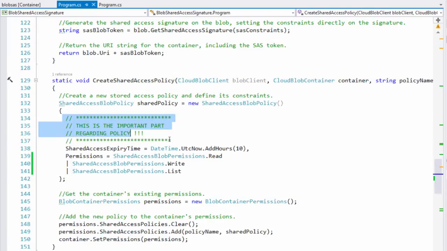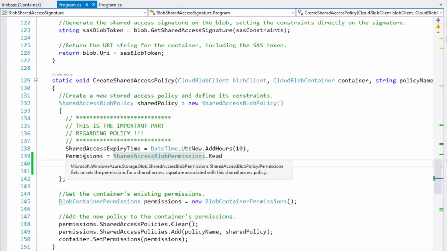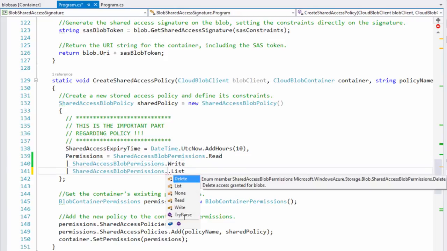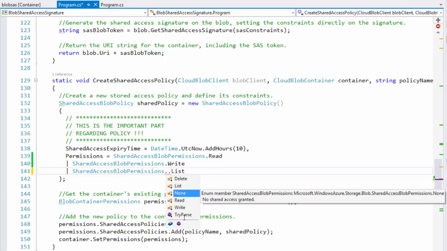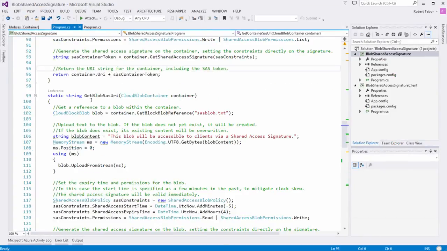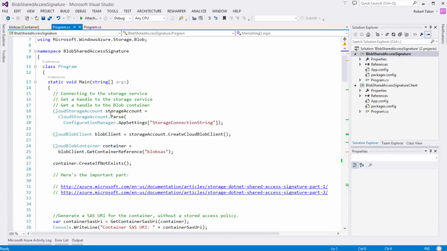And you can see that I have this important callout that says here are the permissions that we're going to allow on the container and/or the blob as we apply this policy. We're going to allow read, write, and list. This enumeration also has some other options like delete and none, which are not applied now, but I'll show you the scenario. We'll come back and we'll add a permission and then regenerate it all. All right, so again, the purpose of this is to